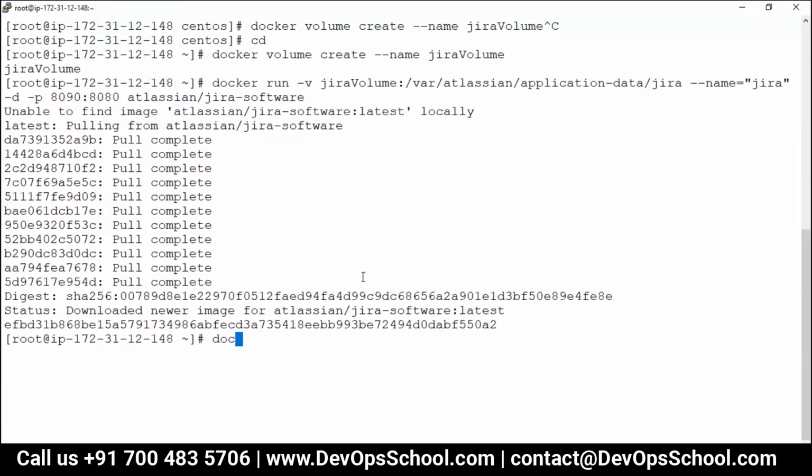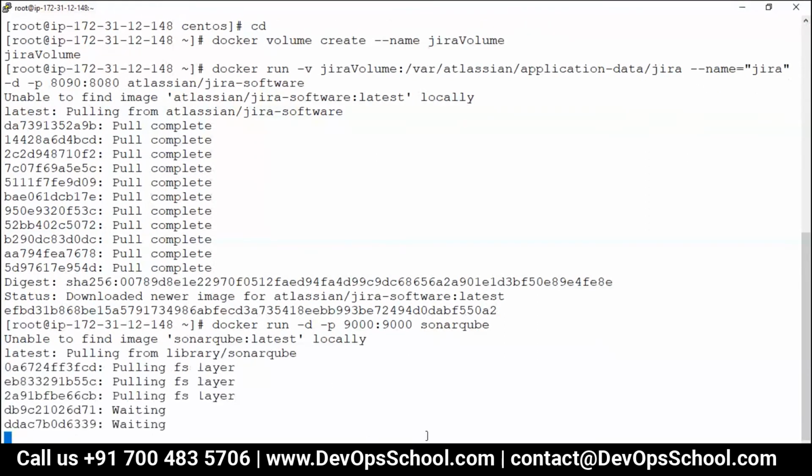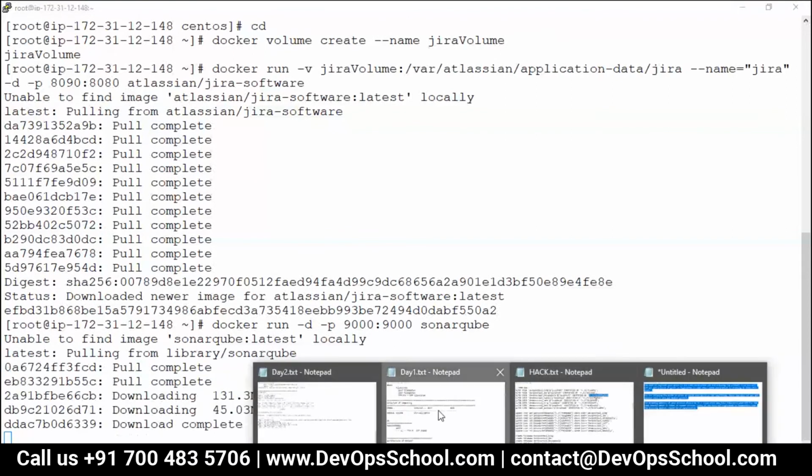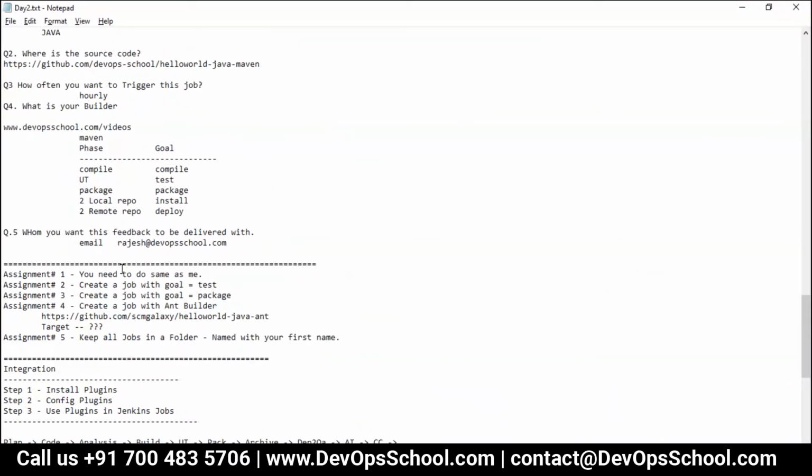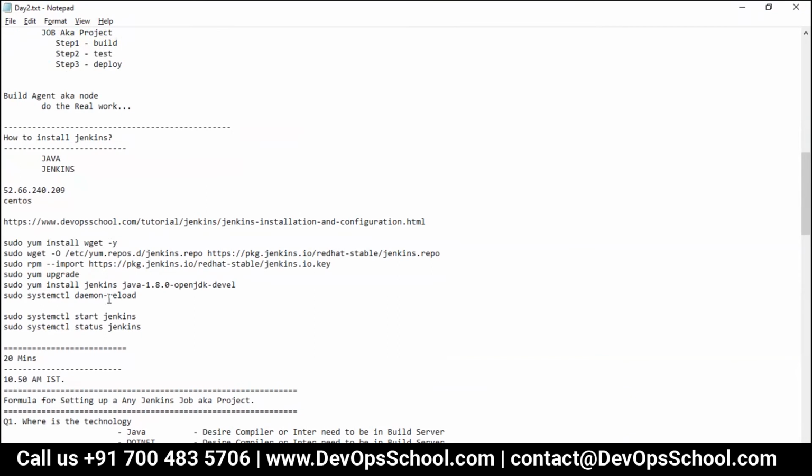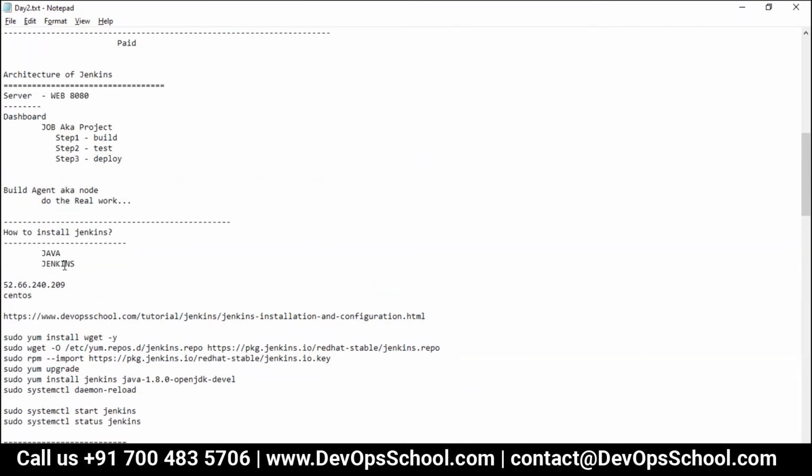So for that, docker run -d -p 9000:9000. You know what I'm doing, right? So here, this is the SonarQube. Jira is up and running on the 8090 port. So what is my IP address here? My IP address which we had today is this one.